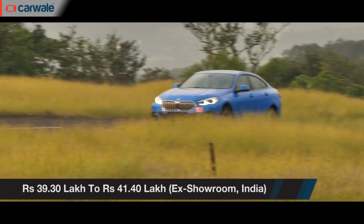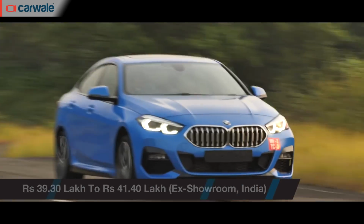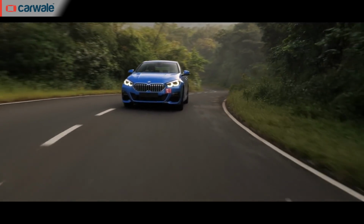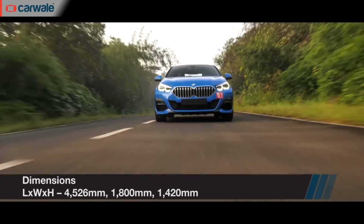Now let's talk about the BMW 2 Series Gran Coupe. We've already driven it. The video review for that should go up sometime next week, so look out for that. Starts at 39 lakhs, a little above, goes up to 41. Two versions. You've got the M Sport, which is more expensive, and then you've got the regular one. We had expected the price to be somewhere around 30. It's 39, so it's a lot more expensive than we thought, and which means it's almost the same as the